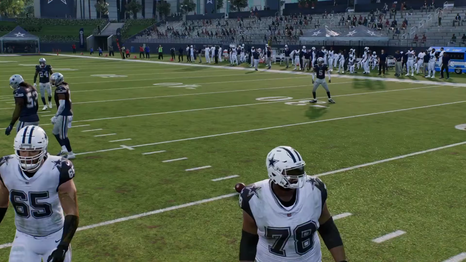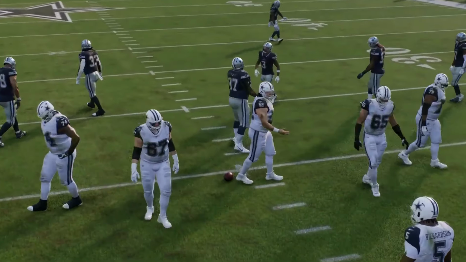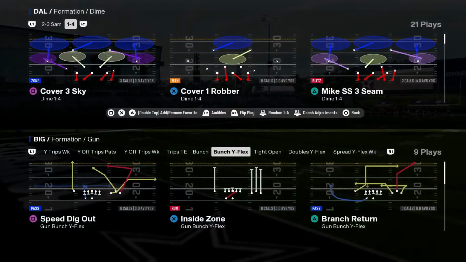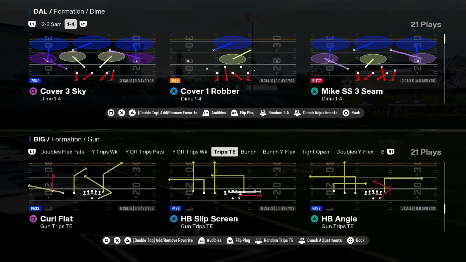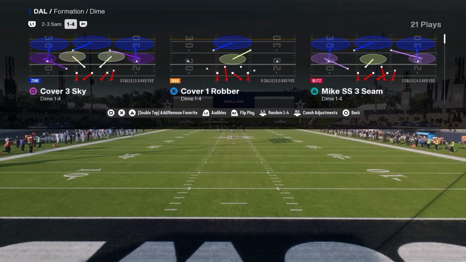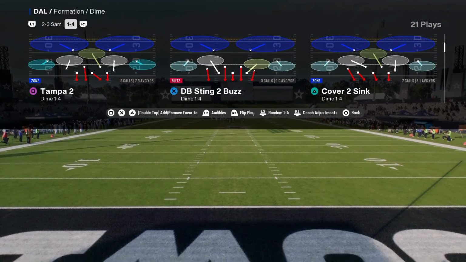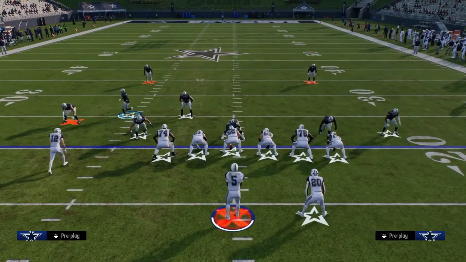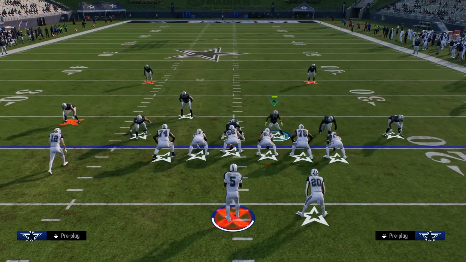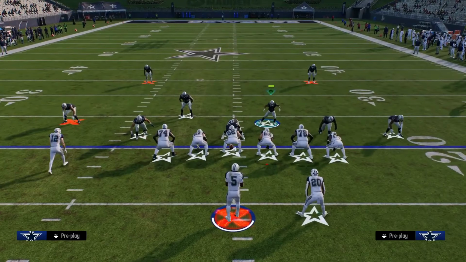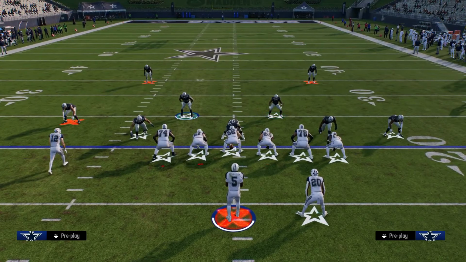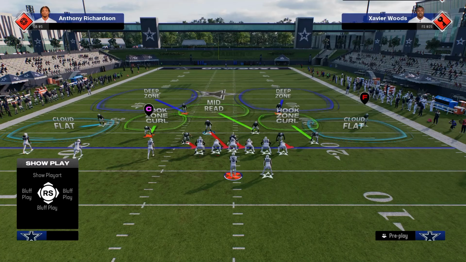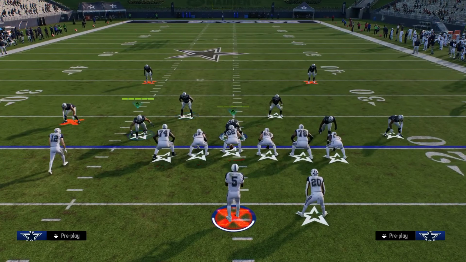Now what I wanted to do is jump into a trips tight end look and show you how a lot of these principles still apply, but we're just going to use a little bit of a different way to get there. And again, understanding where the seam streak thread is, to me, is very, very important. So again, we want to typically send 4, and in most defenses you're going to use one of these 2 linebackers. So with trips tight end, it's a little different than bunch, because it's kind of similar